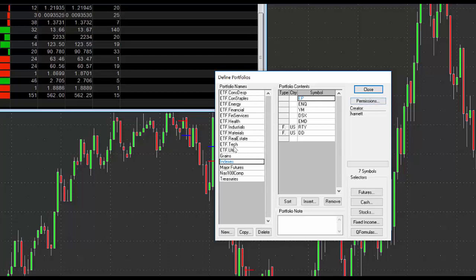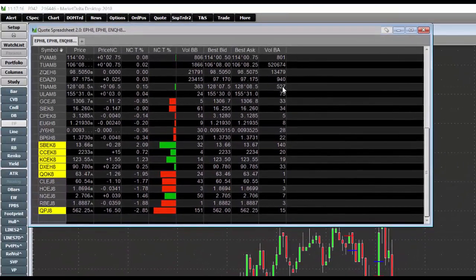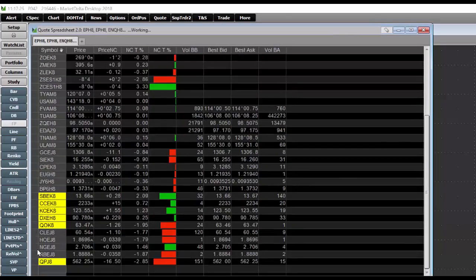There are ETF sectors in here that are defined as well, so you can load those up, but you can see I've got a few that I've defined on my own, and it's a nice way to easily populate these things with lots of data. Otherwise you would just click in there and start typing the symbols, and it'll auto search. So for instance, if I go